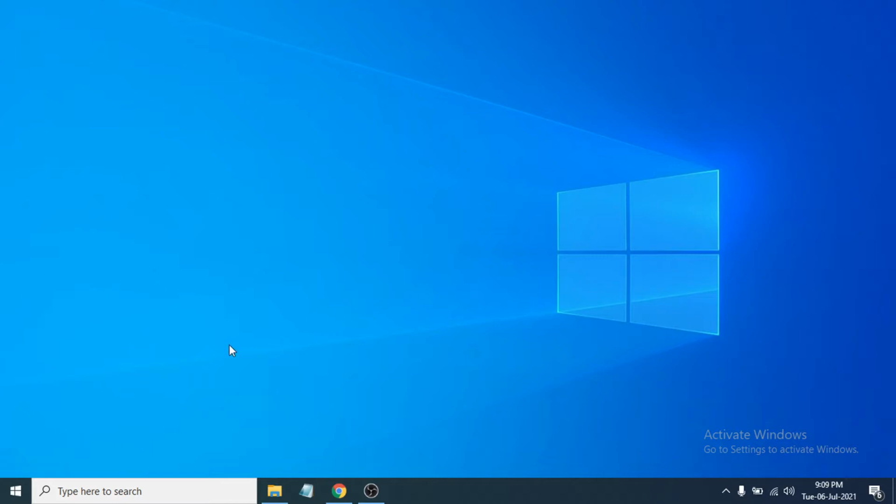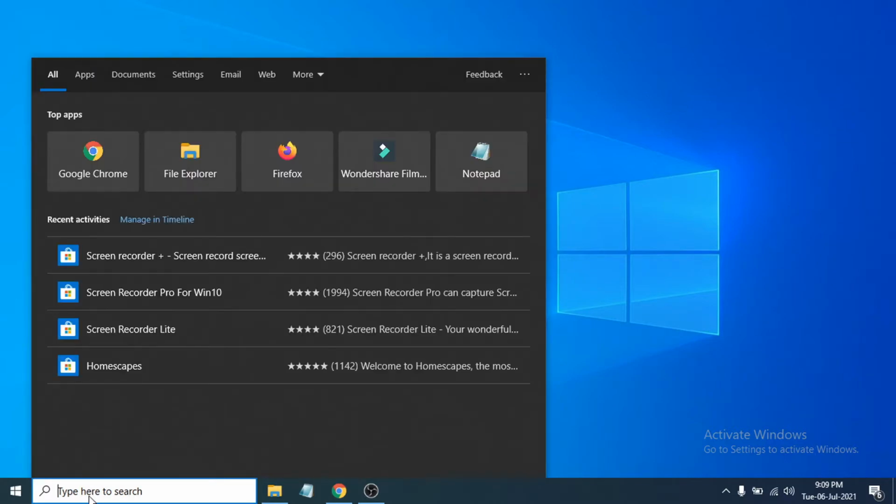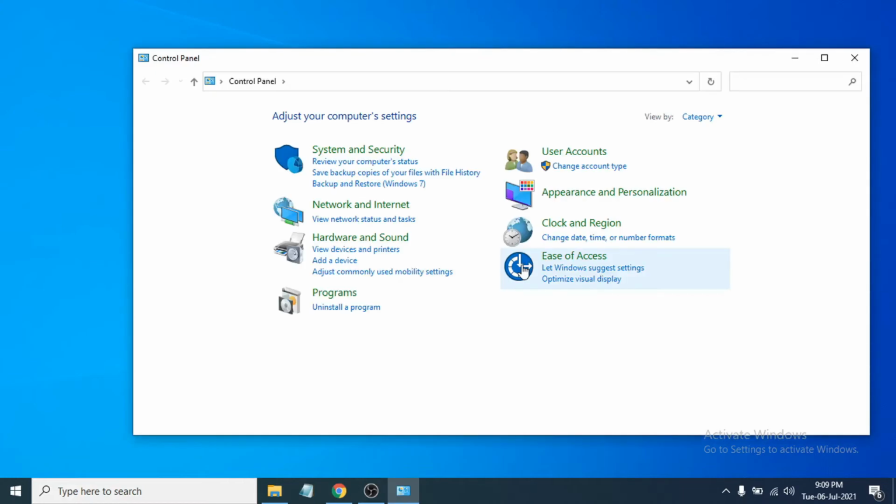So if you forgot your password, you just have to go to the search bar here and search for control panel. The best match will be the Control Panel app here. So just click on it, and if you have view by large icons, you have to choose the category option here, otherwise you will not find this network and internet option. So you just have to click the network and internet option here,